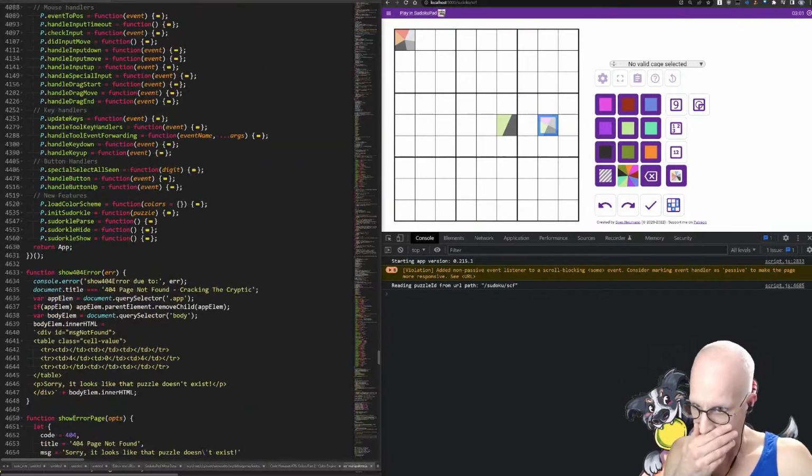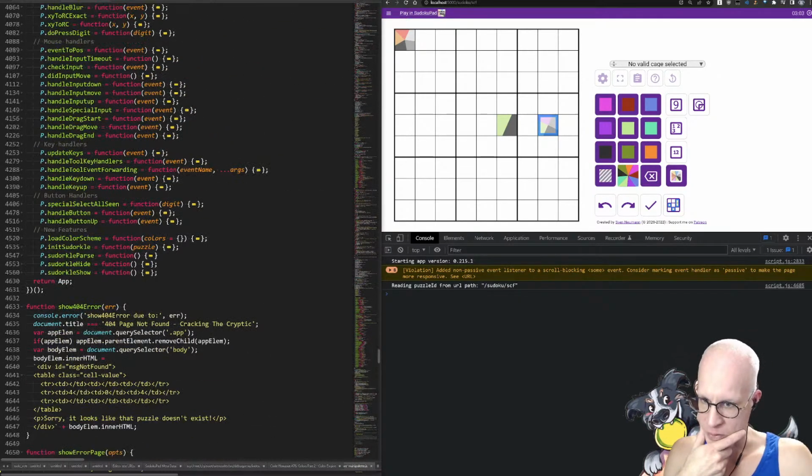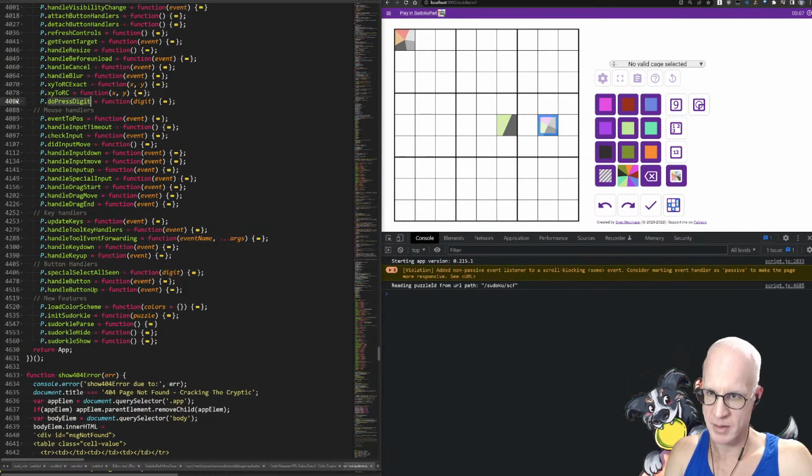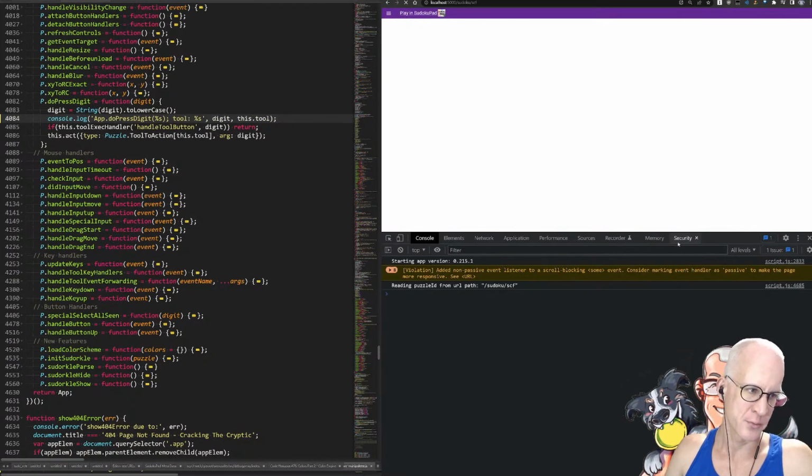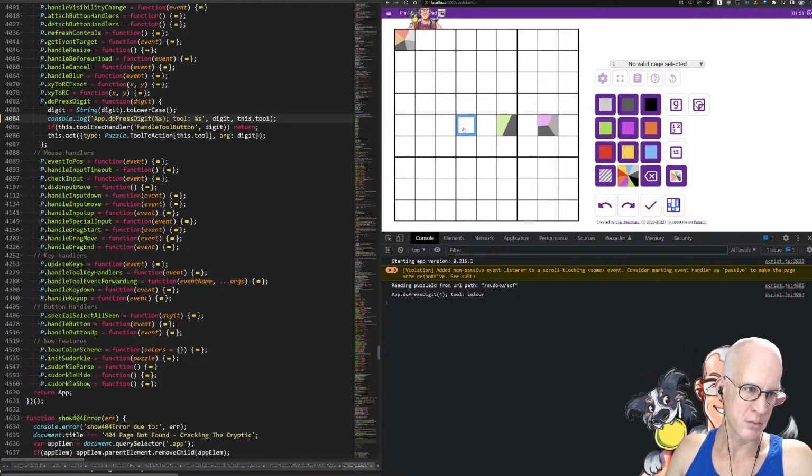Okay. So at some point, we're going through do handle key, do press digit. That's the crux, right? So this is where all the input runs through. So I go here, and I press a 2, and we're on color, right? And then this ends up as an action. Now, so what we want to do